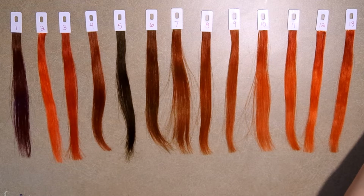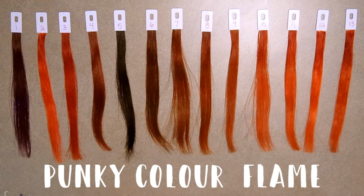And lastly, I wanted to compare the Punky Color's other orange dye in Flame. So this is comparable to number 13,